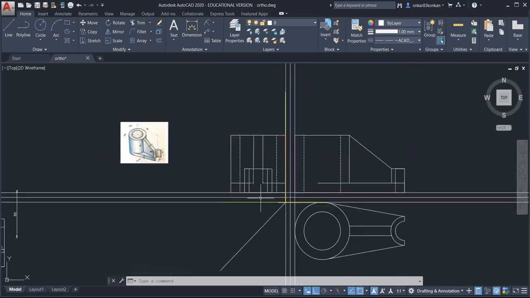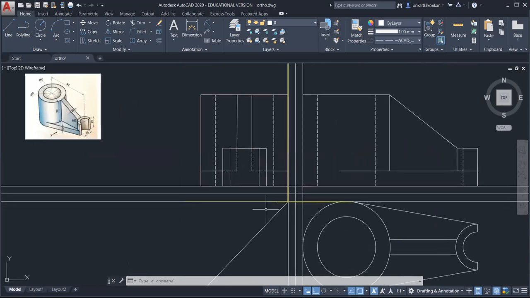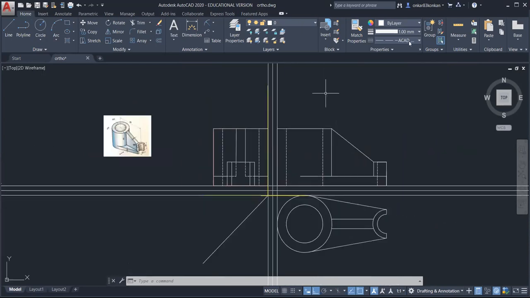Okay, and then you can show the center line. So select the center line option. In the top view, you should draw a complete center line like this. So basically this line, it represents the symmetry. So we can observe the symmetry in the top view and in the side view. So similarly, draw the center line in the side view.